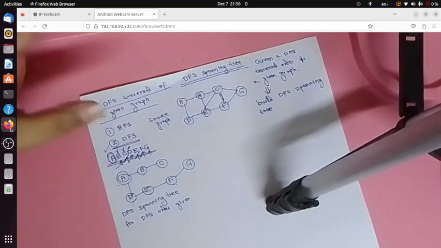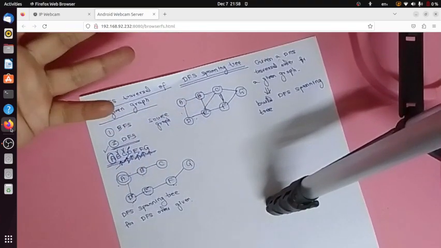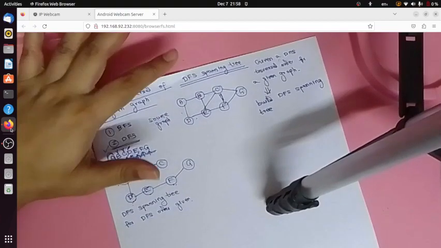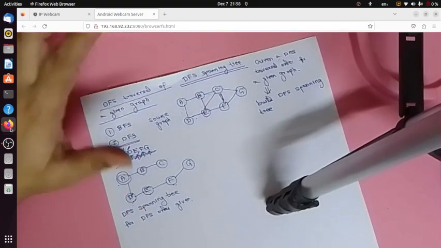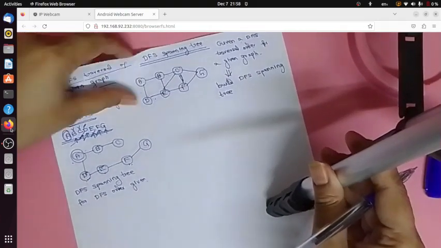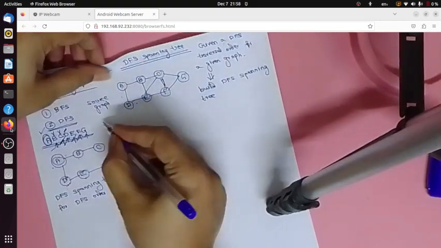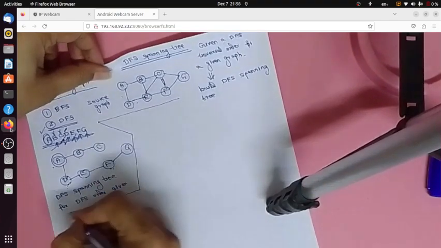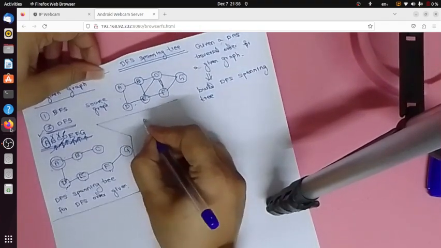Now, if we check another traversing order, in a similar way we can find the spanning tree. For example, we consider a different search order, traversal order. Suppose A, D,